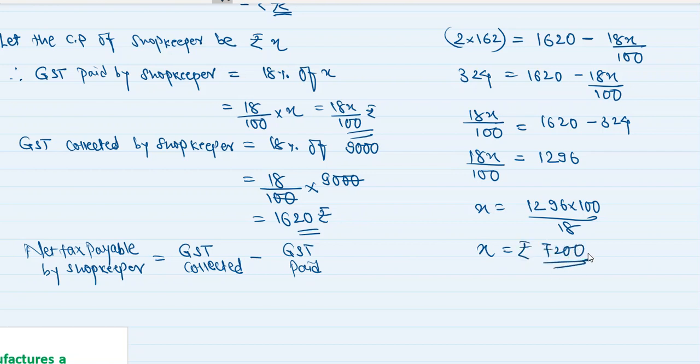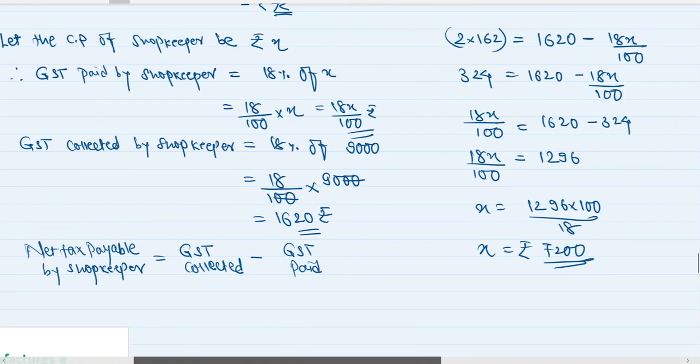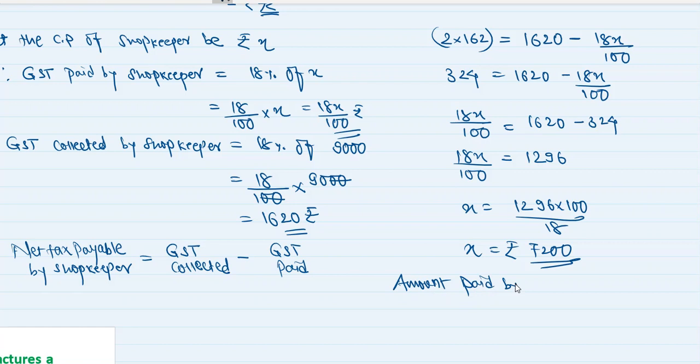So that reduced price at which the shopkeeper bought the article was 7200. Now what they have asked is find the amount inclusive of GST paid by the shopkeeper. And now we know that GST paid by the shopkeeper is 18x by 100. So amount paid by shopkeeper,